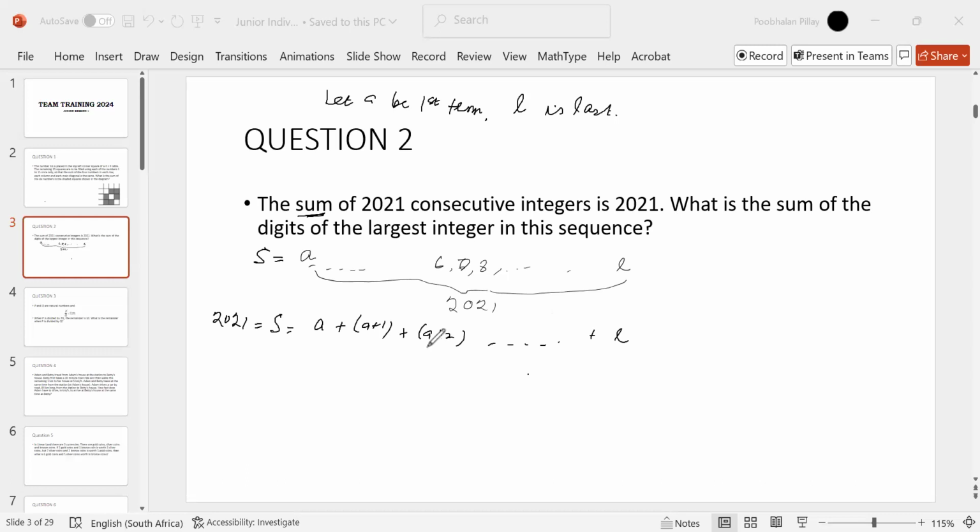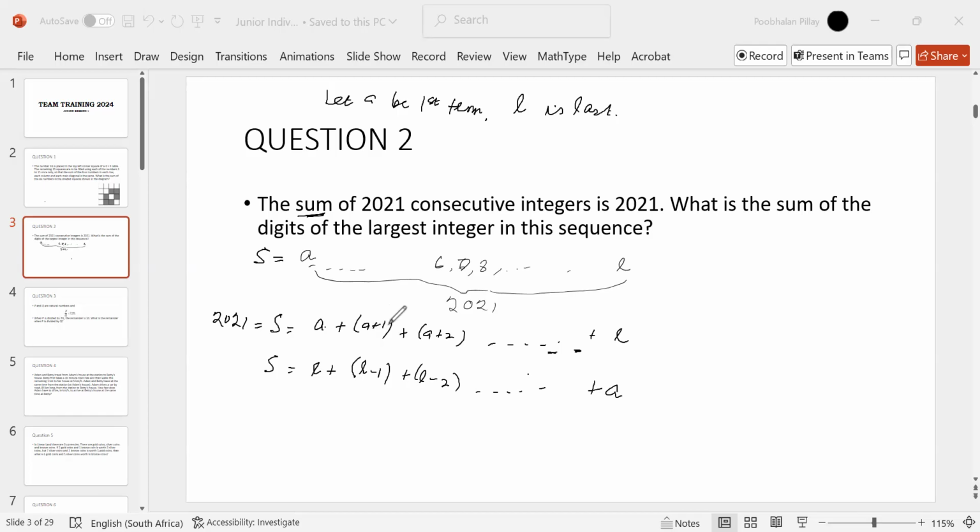So how are you going to calculate? This looks very complicated, but there's a very nice, neat trick that we use, especially when you have consecutive numbers. You say that the same sum can be obtained if you write it backwards. So if you write this thing backwards, then you're starting with L, and the one just before L will be L minus 1, because they are consecutive, right? The one just before that will be L minus 2, and so on. And you write it backwards, and eventually you'll end up at A,